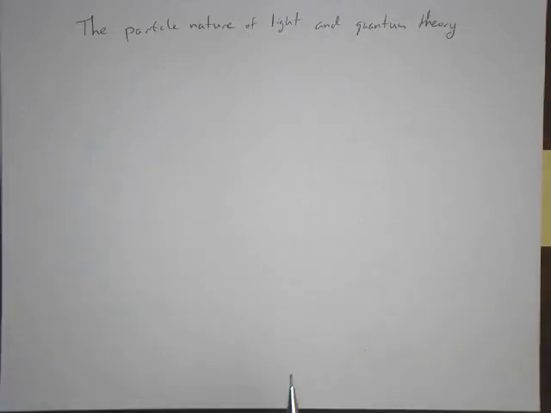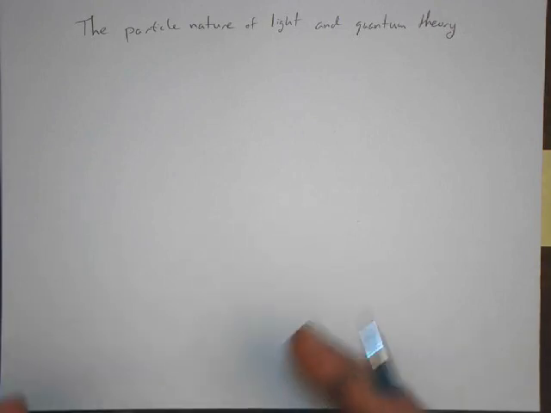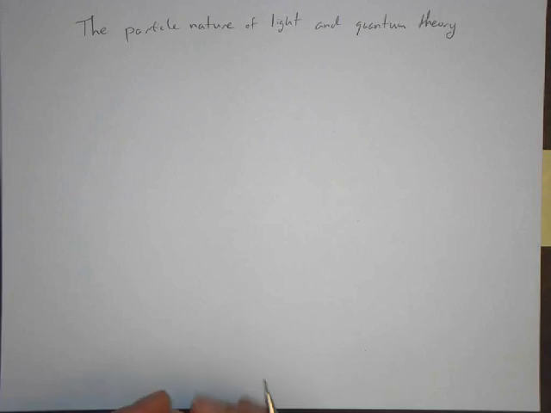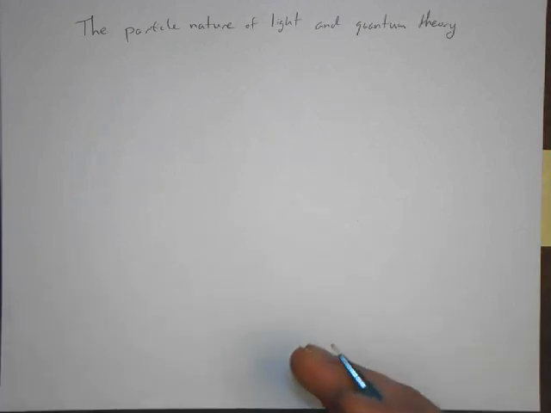This is the second lecture about the quantum theory of the atom. Last time we looked at the wave nature of light, and this time we're going to start by thinking about light as a particle also. It turns out that a number of experiments and theory in the early 1900s, people were having trouble reconciling the wave nature of light with what they were observing.